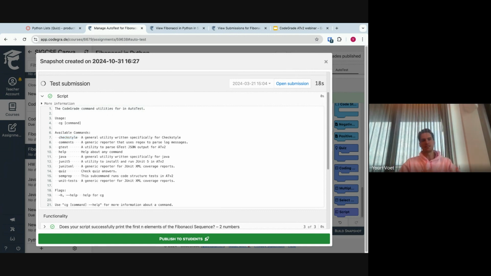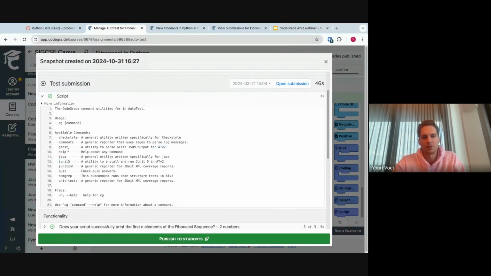So how we develop things is we generally first create a utility here, and then after that we create a block. So for instance, if you want to do C++ gtest, we have a CG gtest command. And again, you can run CG gtest help, and it will give you help. Java, there's a utility to compile stuff with Java and provide comments within the editor. JUnit, and then we also have these generic